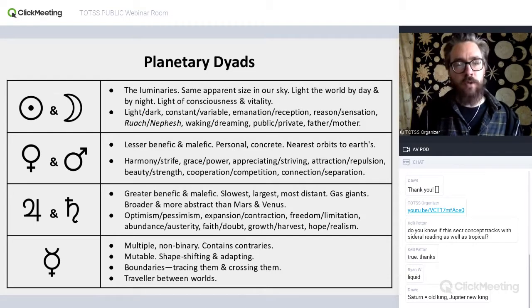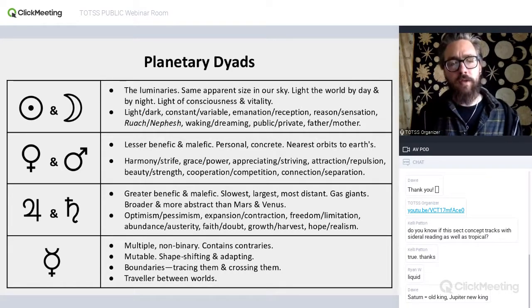In Kabbalistic terms, we can associate the Sun with the ruach and the Moon with the nefesh. The Sun is like waking, the Moon is dreaming. The Sun is more public, more extroverted, more outer, and the Moon is more private, more inner, more introverted. And then you'll also see the idea of the Sun and Moon as father and mother,